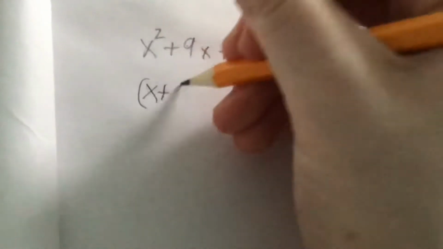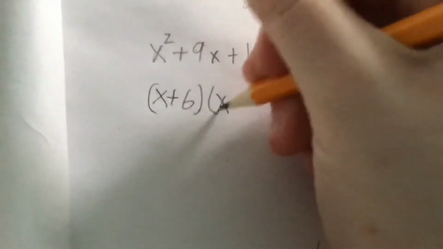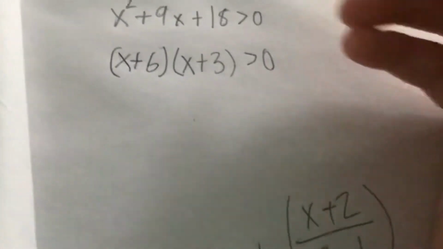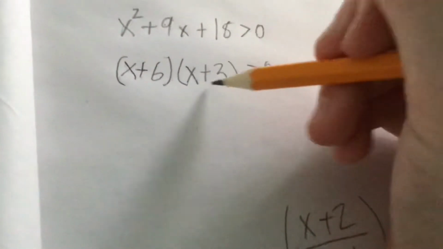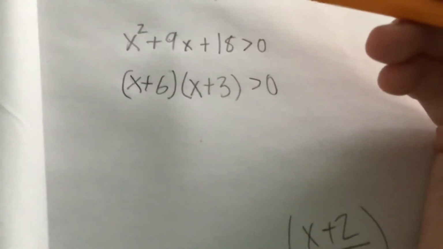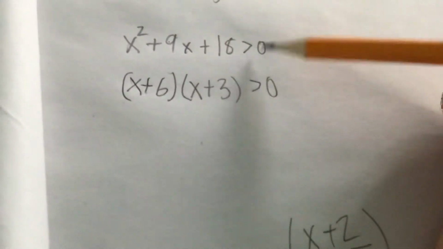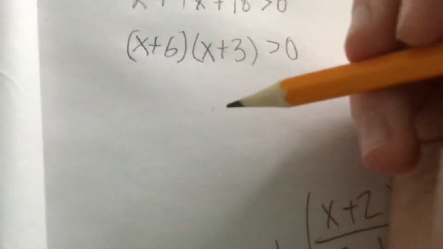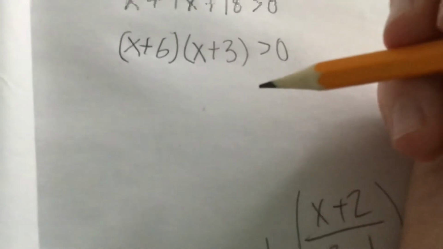So we're going to get x plus 6 and x plus 3. And then that's greater than 0, okay? And as you can see, if you multiply these by each other, you get this. It's factoring we're doing. And then we distribute these. So I'll start writing out the domain of x is equal to